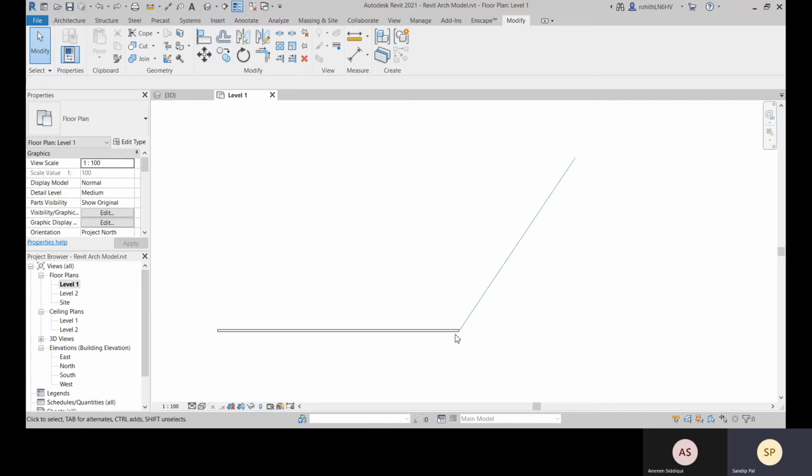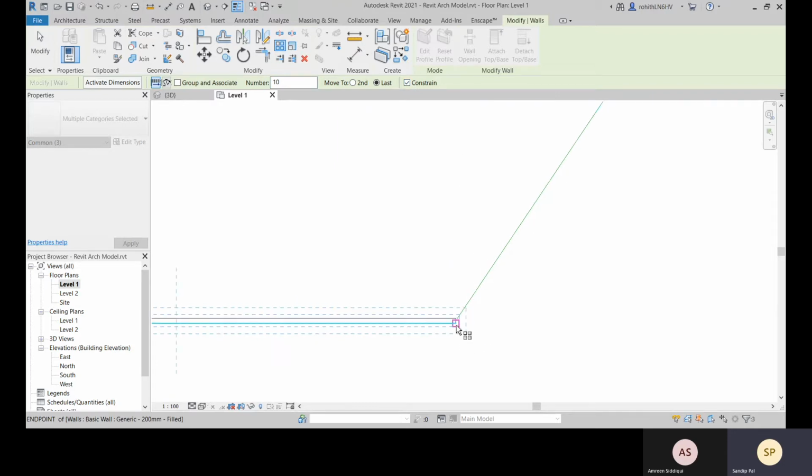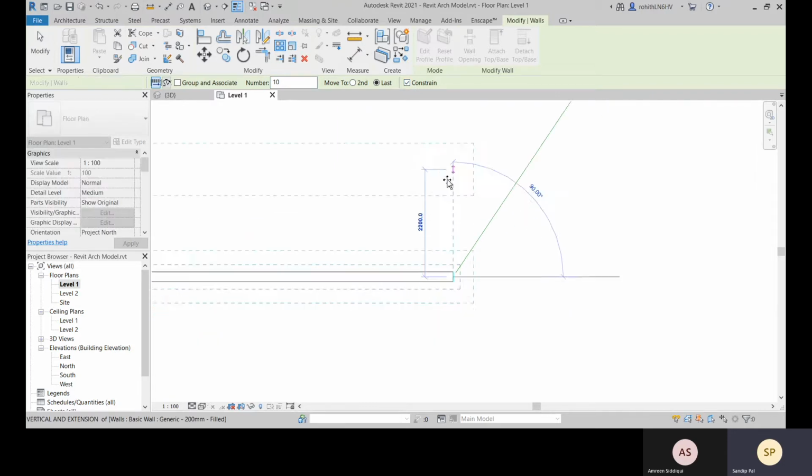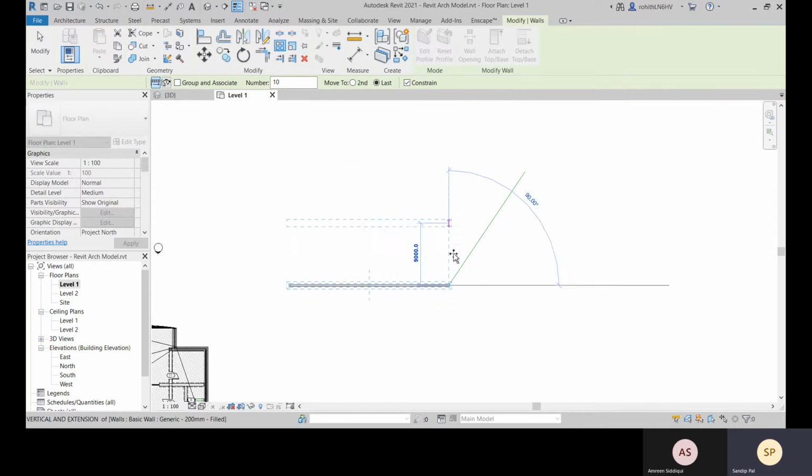All right. Now again go with this array, select this object, enter, and the same number of items, the linear direction. Go with constraint now. So you cannot go in this direction. You fix the linear direction of this object.